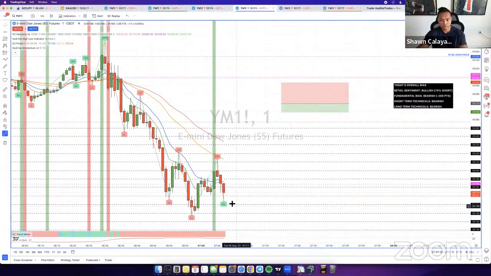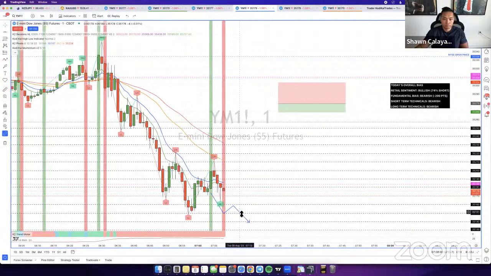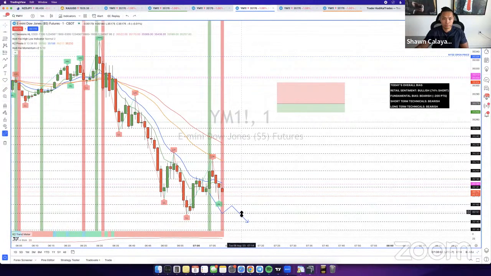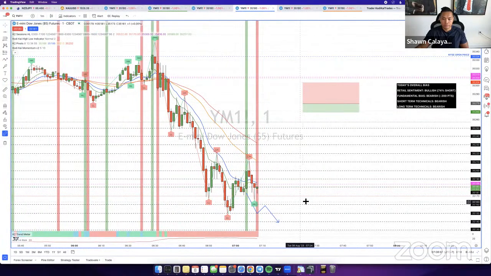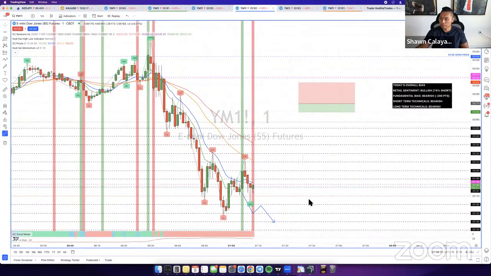Once we get that, we take the entry at that closest level. But we need that sell signal. Until we get that sell signal, there's no opportunity for entry here. You can see price is having problems getting below this session level right here. This red line is the London, I'm assuming it's the London low or London high, but basically one of the London high lows. It's having trouble getting past that level right there.